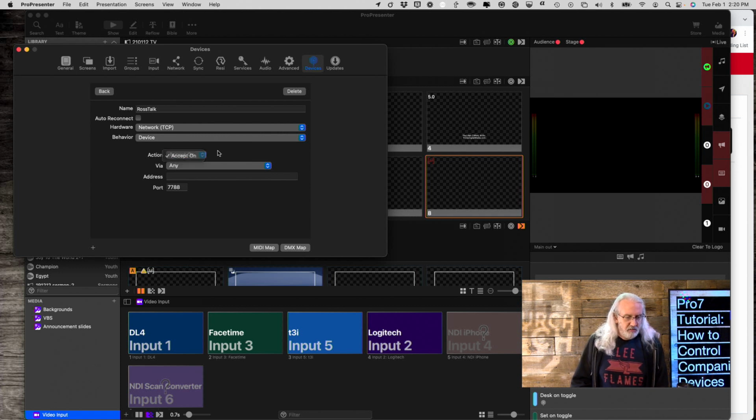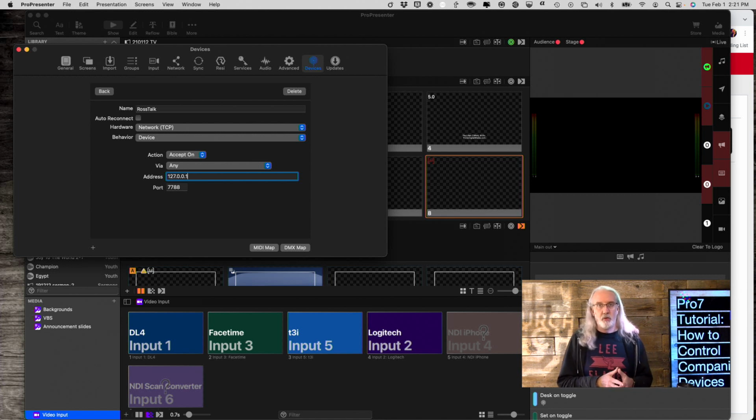The rest of these don't really matter, but notice that it has the port 7788, which I want, and then I would put my IP address in here, 127.0.0.1. You could also put in the IP address of this particular computer, or let's say you had Companion running on another computer. You could put in the IP address of that computer and that port number, and that would